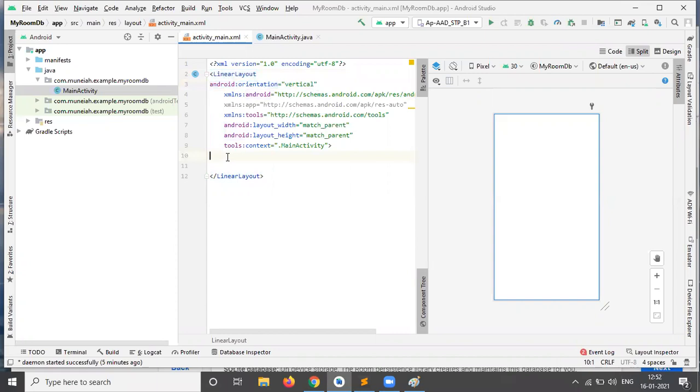The next thing, we removed the text view. Okay, right.